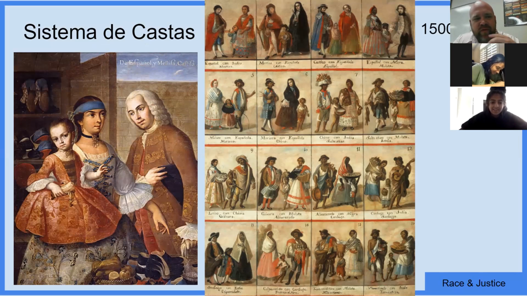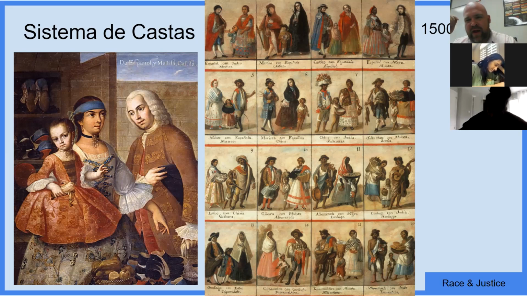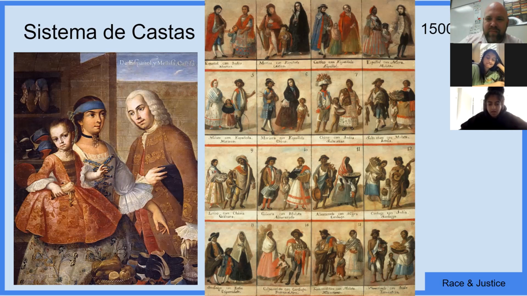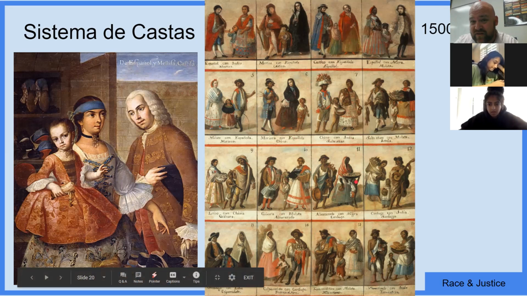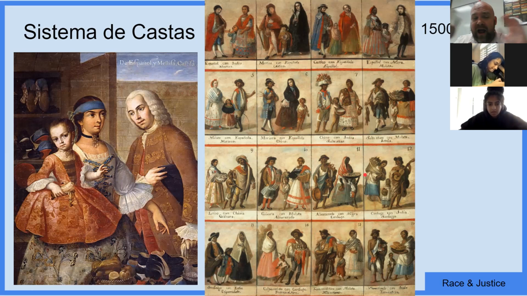Okay, so this is a caste system, a super complicated race caste system, and it's all based on race. You'll have Spanish-born white people at the top, and the next level down is American-born white people, and then American-born white people that have one non-white grandparent, and then American-born white people that have one black grandparent or something like that, right? And no joke, they come up with like 30 different standards based on how many members